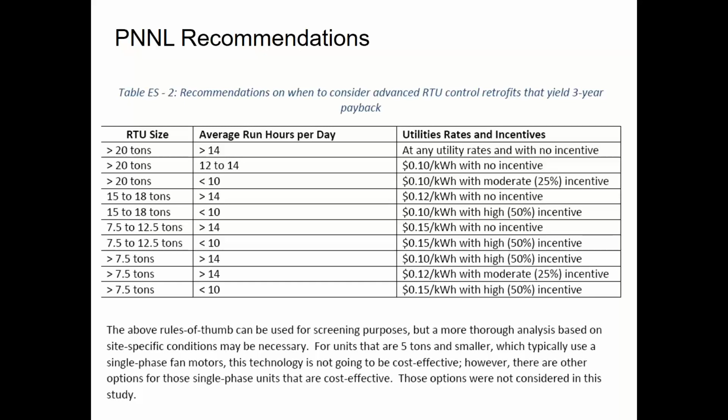But if you're a small business and you don't even know if you're going to be in business in 5 years, you probably want faster paybacks. So they decided to see what it took to get a 3-year payback. As mentioned earlier, the units that are higher tonnage pay back faster than lower tonnage because they have more energy usage to begin with. So higher tonnage, faster payback. More run hours, faster payback. Then beyond that, we needed some utility incentives, some spiffs from the utility, if you will,